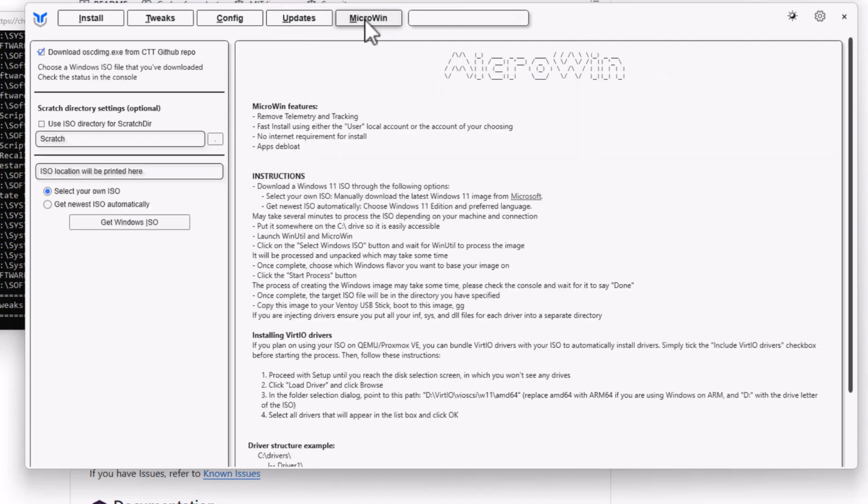Okay, so now you can click on over to MicroWin, and I did a whole video about that. That's how you get a fresh, clean installation of Windows from an ISO that you create here, and you don't have to do these tweaks because most of it's been done. Alright, so I've done the tweaks. Okay, I'm going to close this